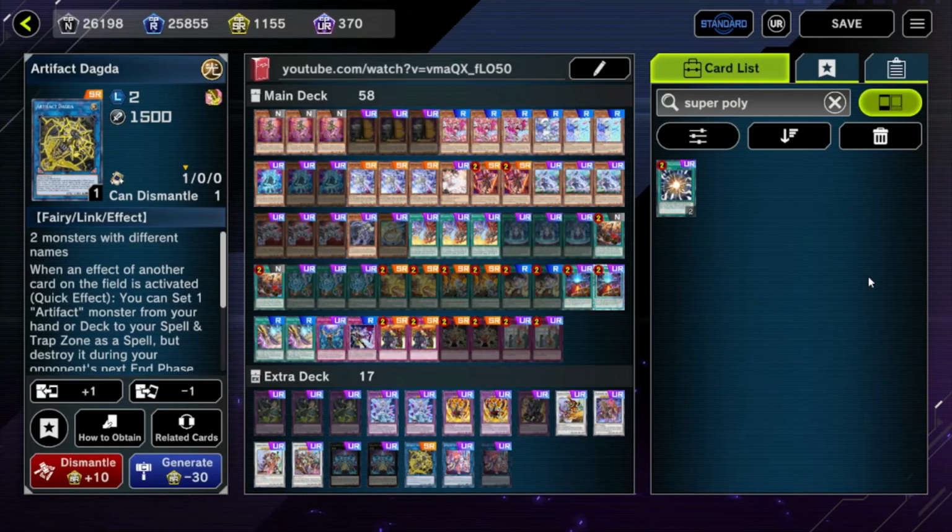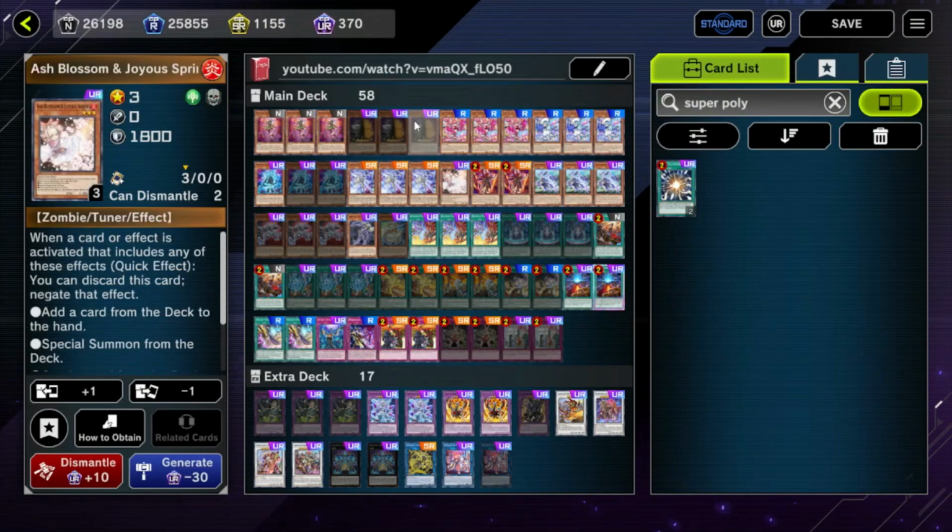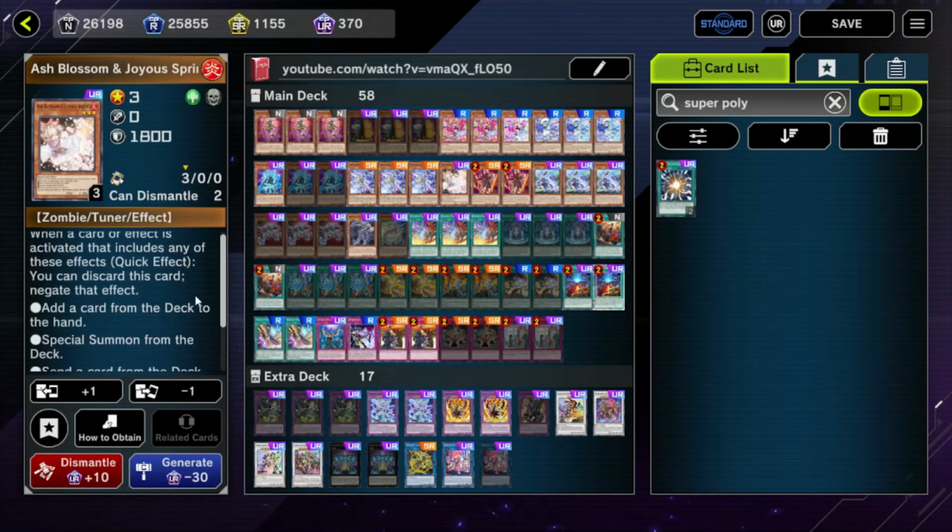So, yeah. There's not much you can do about all of this. It is a pain, but I guess the lessons we can take away from this are that Evenly Matched is pretty good. And also, you still have to run Ash Blossom most of the time anyways, because Maxx C is a card. Unless your deck doesn't special summon or...